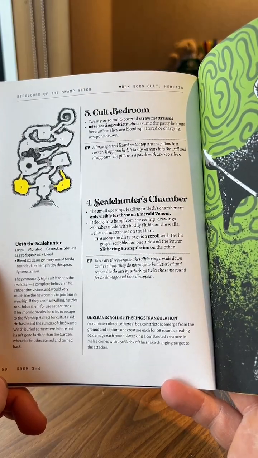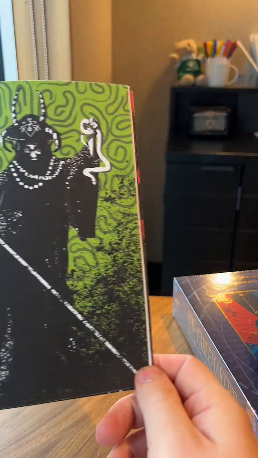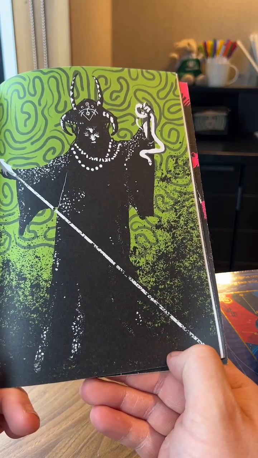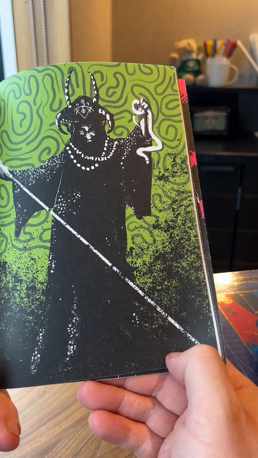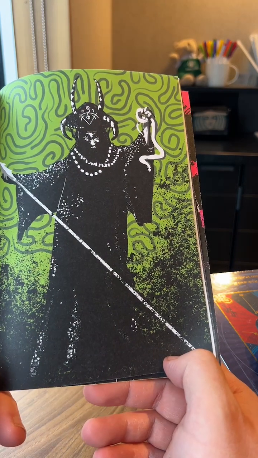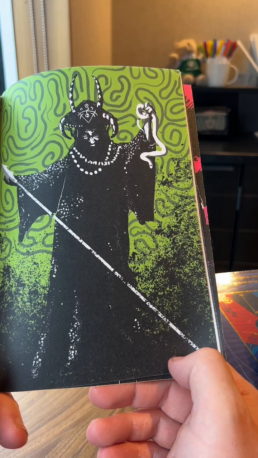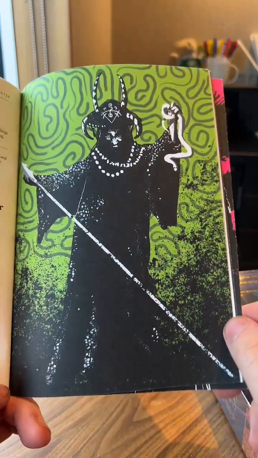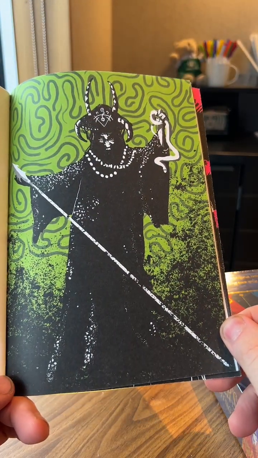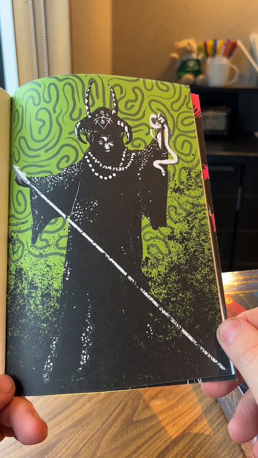4, which is on the hidden path, leads you to the Scale Hunter's chamber. The small openings leading to this chamber are only visible for those on venom. Dried gators hang from the ceiling, drawings of snakes made with bodily fluids on the walls. Well-used mattresses on the floor. Among the dirty rags is a scroll with a gospel scribbled on one side and the power of slithering strangulation on the other,